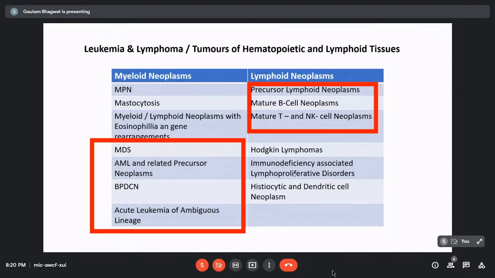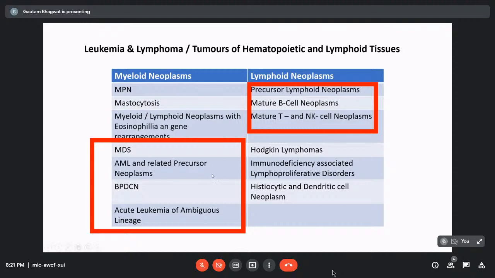So coming to my last slide, I have talked in depth about leukemias and most of the lymphomas. As I told, flow cytometry has a limited role in lymphomas because most of the diagnosis is on tissue. So IHC is a better modality. But as I told earlier, flow cytometry has an application in almost all these entities, but for those within this box, there is definitely a big role of flow cytometry,